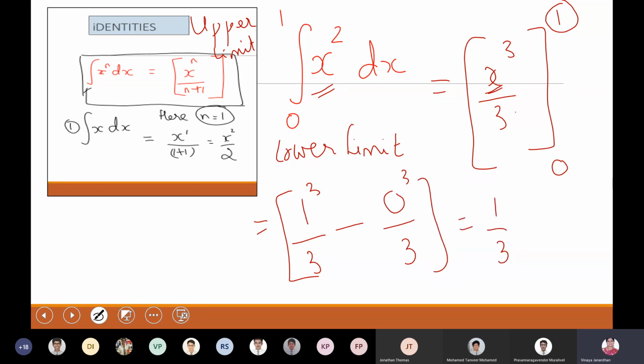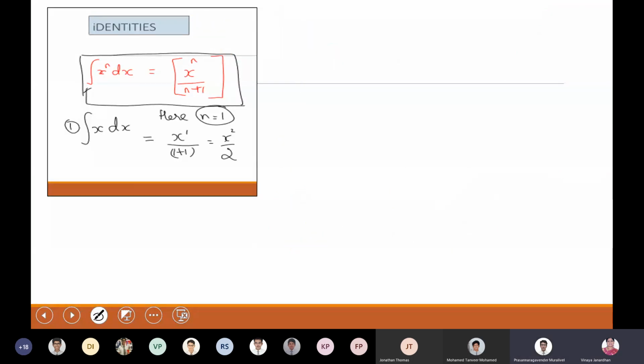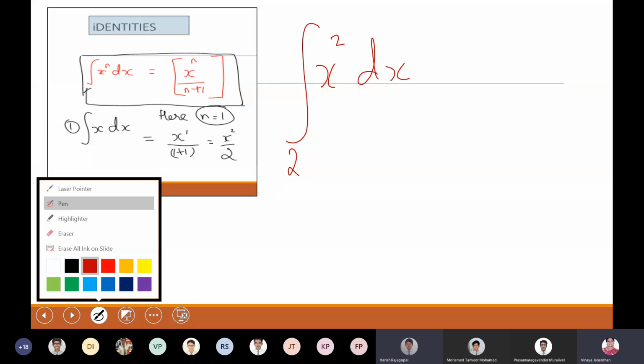Should I redo this? No need, you understood. Now, why do we subtract it? It's always like that: upper limit minus the lower limit. Fine? Yes, ma'am. Because of the change in the value of x, x is going to vary between the lower limit and the upper limit. I'll give you one more thing. You just calculate this. I want upper limit, lower limit, on the initial and final positions, right? Final, yes.